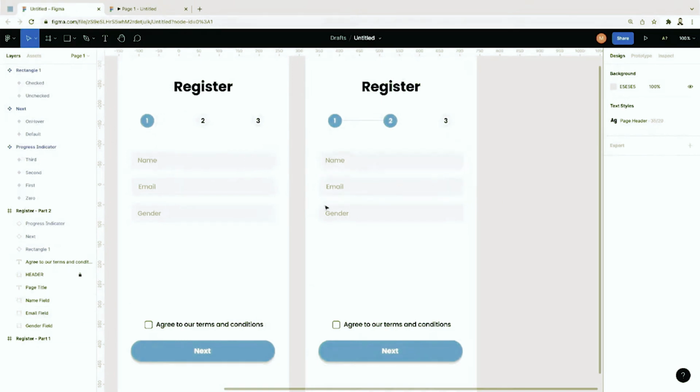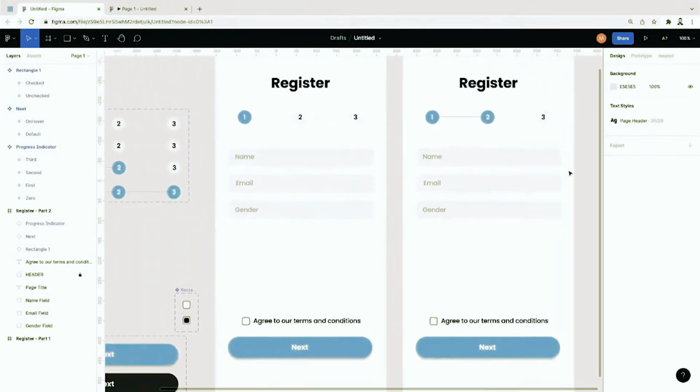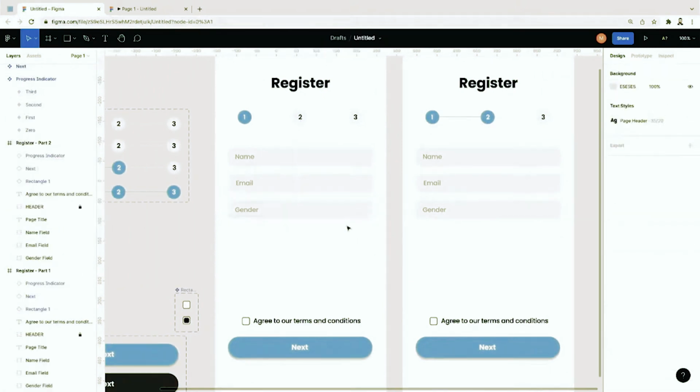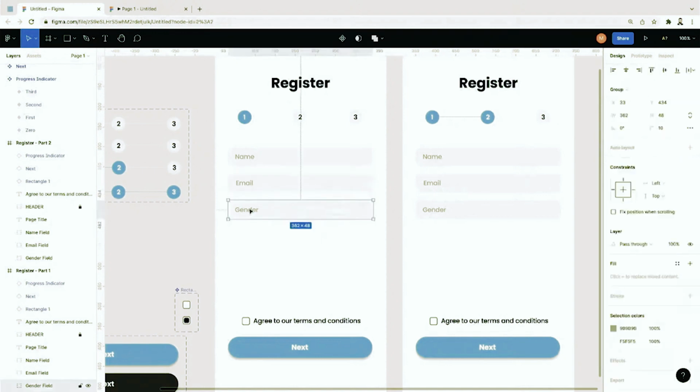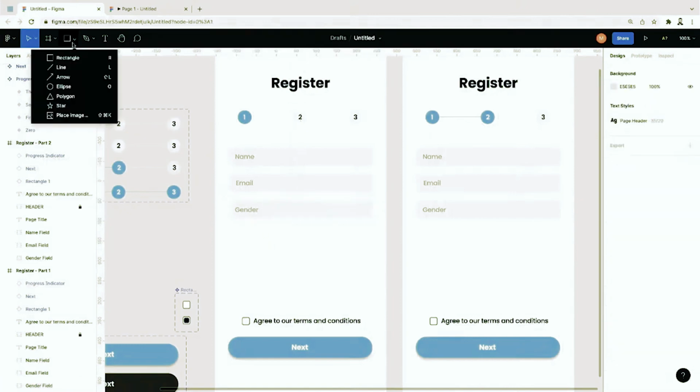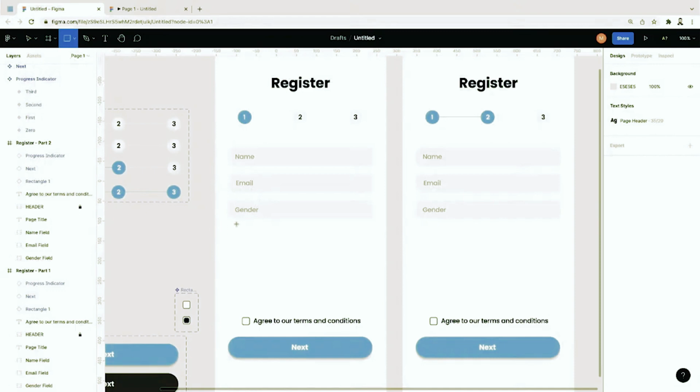Now before we actually continue working on the second screen, let me show you how you make drop downs interactive. And this is, I believe, one of the most interesting parts about this session, which is how to create drop downs. So usually once you click on a drop down, it shows you multiple options, and then once you click on it, the label here will change based on your selection. So let's create the drop down list. So we're going to create a rectangle,